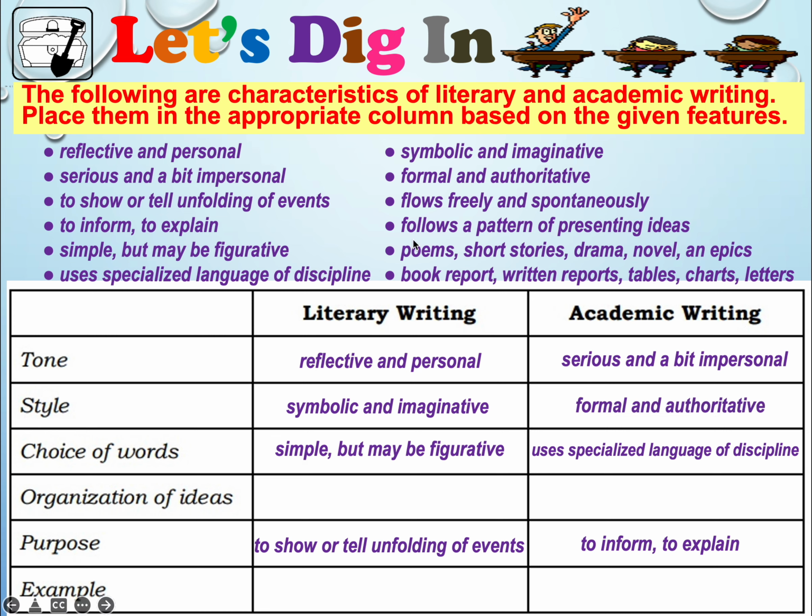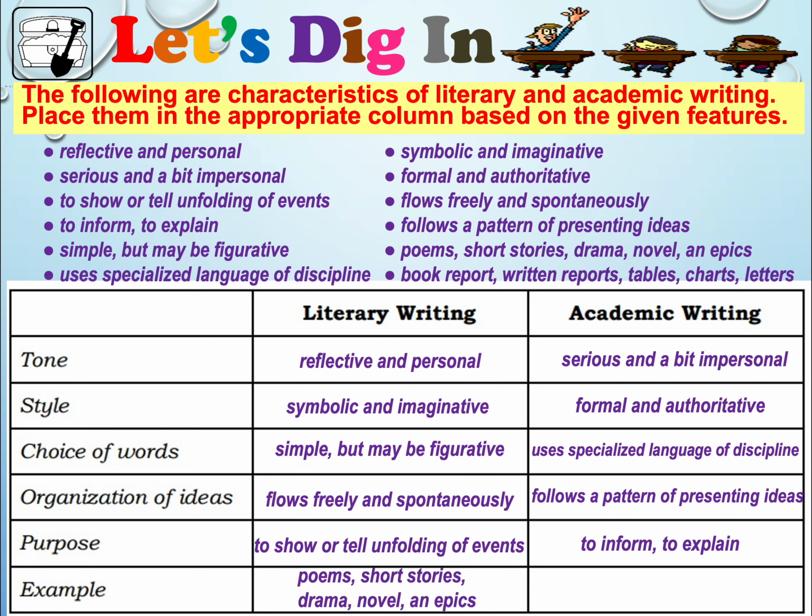Next, of course, this is an organization of ideas. So flows freely and spontaneously. Which one? Literary writing or academic writing? That is for literary writing. And of course, as we have discussed, academic writing always follows a pattern of presenting ideas. And finally, for the examples, where do poems, short stories, drama, novel, and epics fall? Literary or academic writing? Of course, that falls under literary writing, and book reports, written reports, tables, charts, and letters